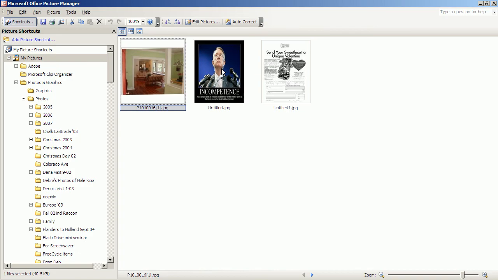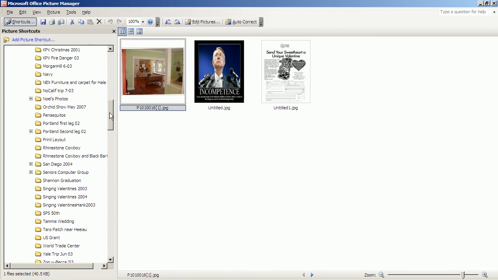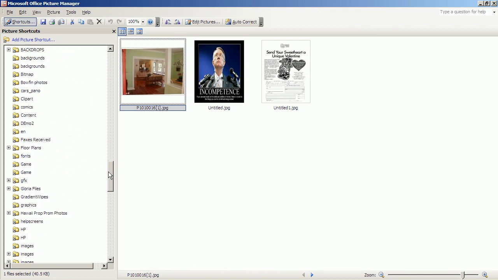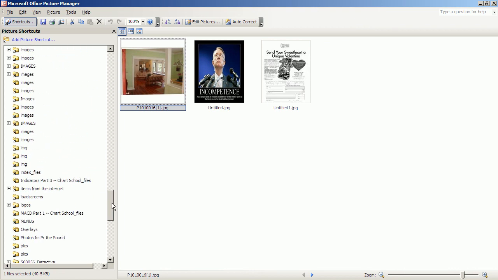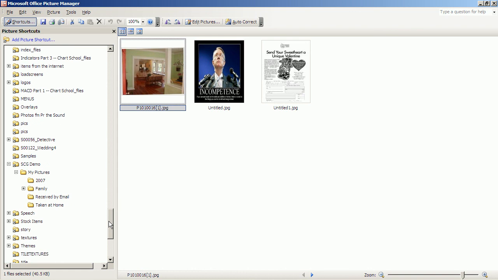Picture Manager does something very similar to Picasa in picking up all the pictures you have on your computer and sorting them. But when you go down to the picture you want to work on, which once again is down in our Senior Computer Group demo,